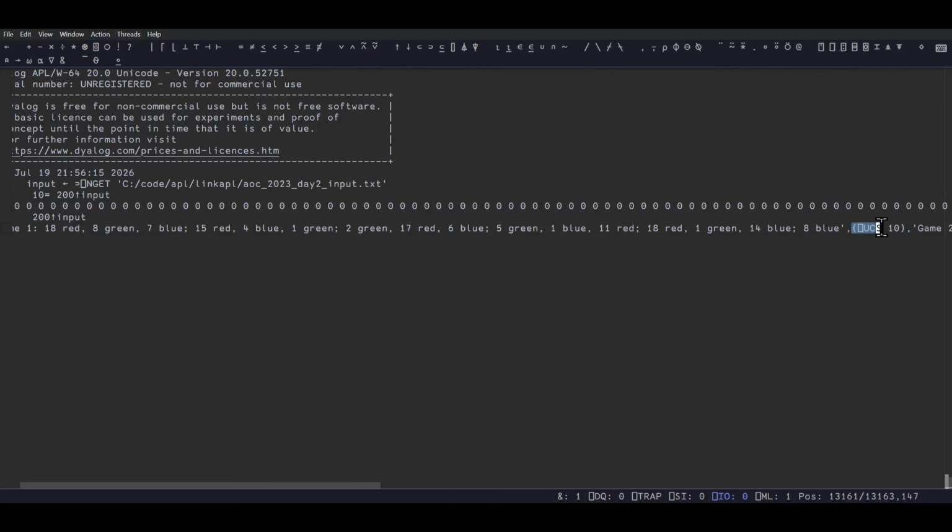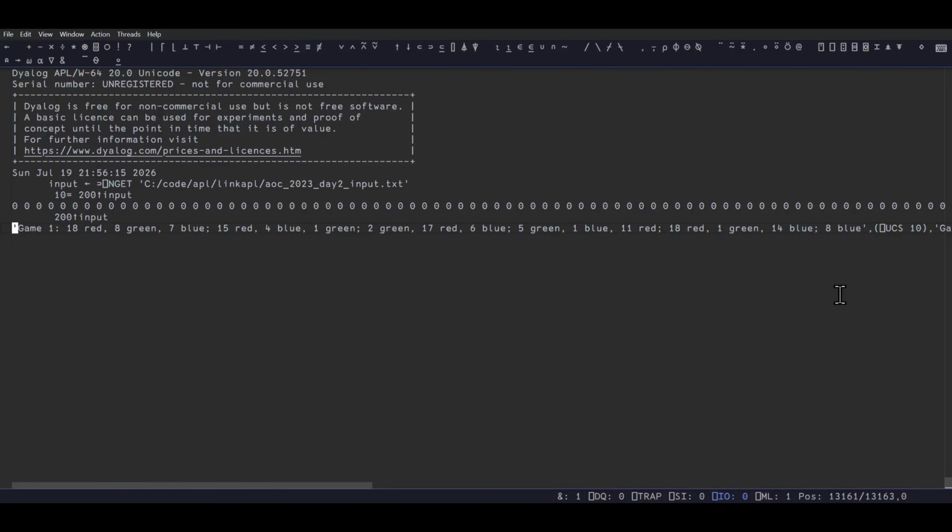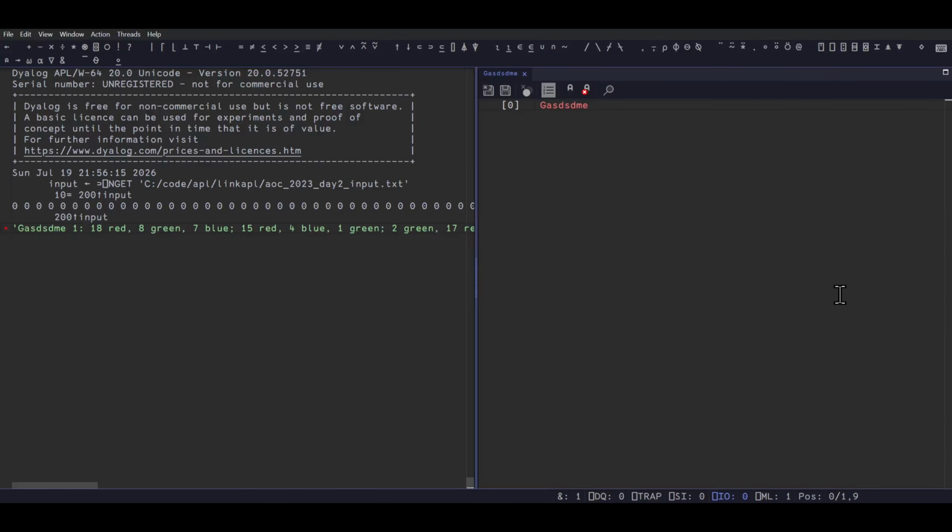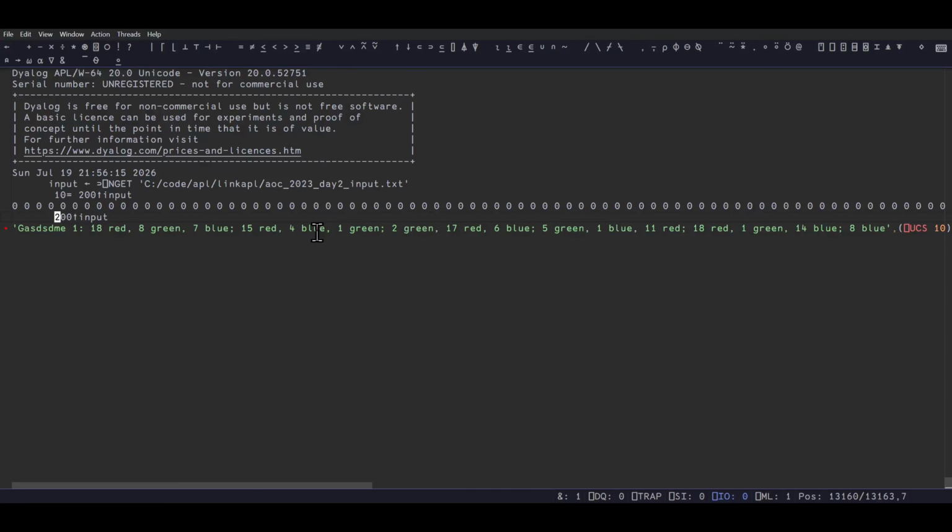UCS 10, which I assume is the character literal for 10. Well, I mean the Unicode code symbol. So I'm going to take this and see if this works. Shift escape, I'm told, is to read input, delete input. That does not, okay. So I type here and I hit shift escape. That deletes input. But can I do multiple lines here? Shift escape only cancels that one line. I want to cancel all lines.